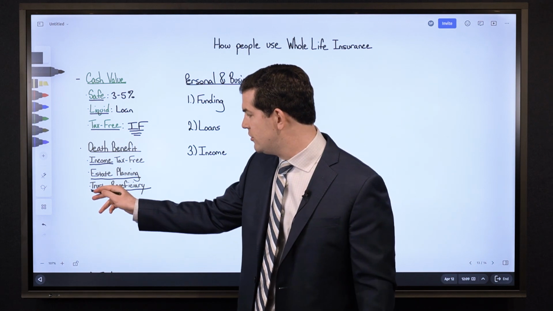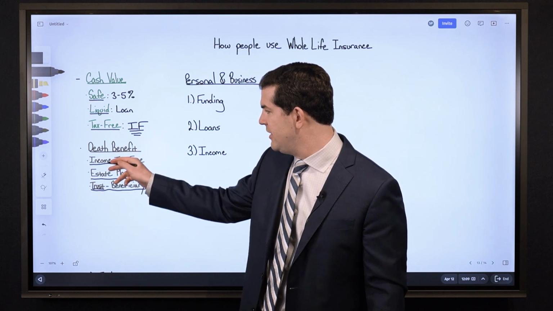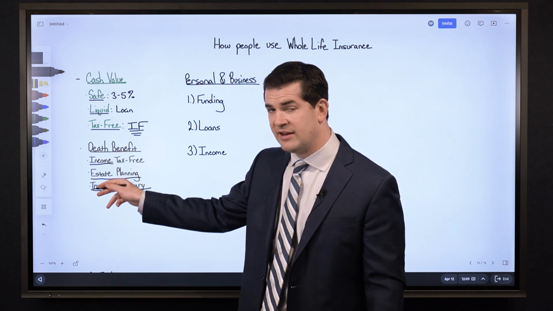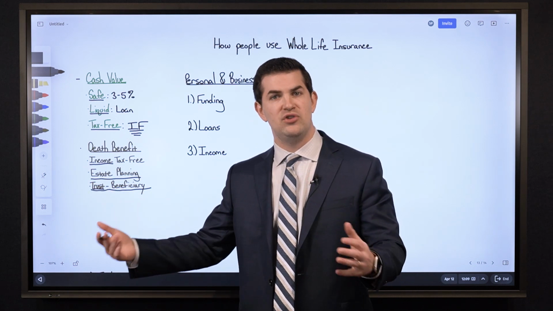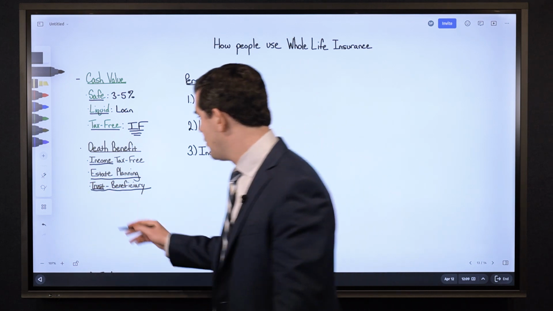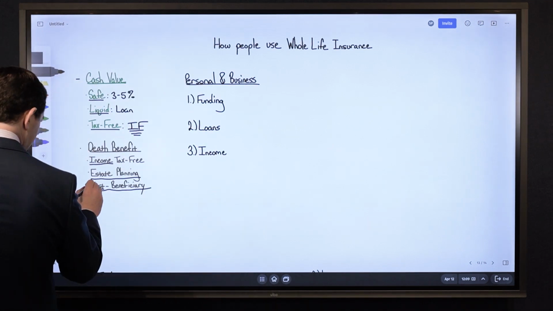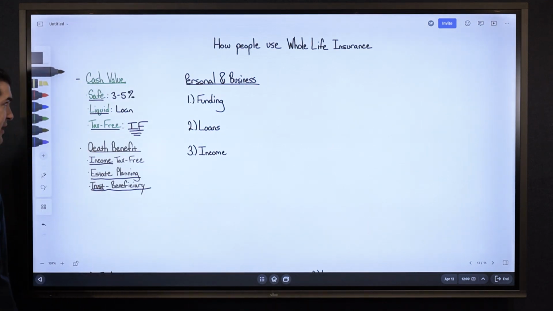So my point is, leaving large income tax-free proceeds to a trust and then specifying how it should be used is a nice way to continue to build generational wealth. You'll see that practiced quite a bit. And there's a lot of good estate planners and tax attorneys out there.